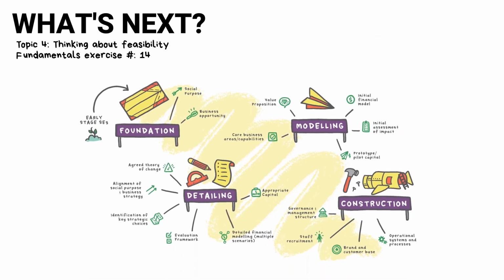And if your initial feasibility assessment indicated that your social enterprise has potential, then this is your next step. Moving into more detailed business planning, which requires you to circle back on your social enterprise model and start to ask, how will this work? This initial foundational feasibility work will have also highlighted some issues and weaknesses in your model that it is important to circle back on and address.